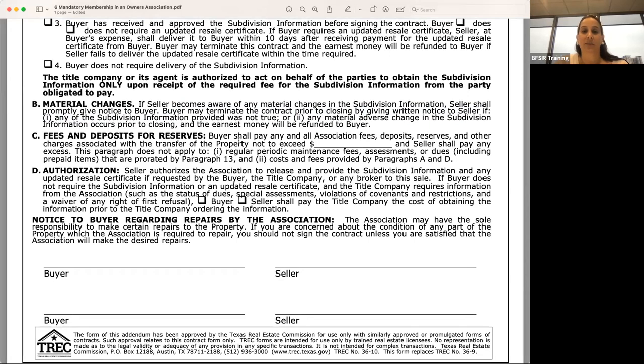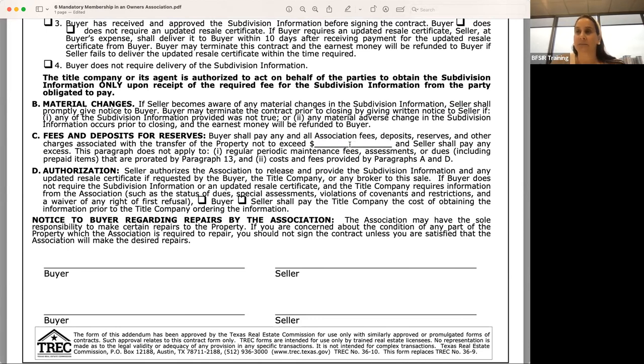Okay, so now this one is important. Buyer shall pay any and all association fees, deposits, reserves, and other charges associated with the transfer not to exceed X amount. So this is also where on the listing side, you need to educate yourself and your seller about what your HOA charges to transfer, because most of them are not that much, but there are ones where it's $1,000 or $2,000 or